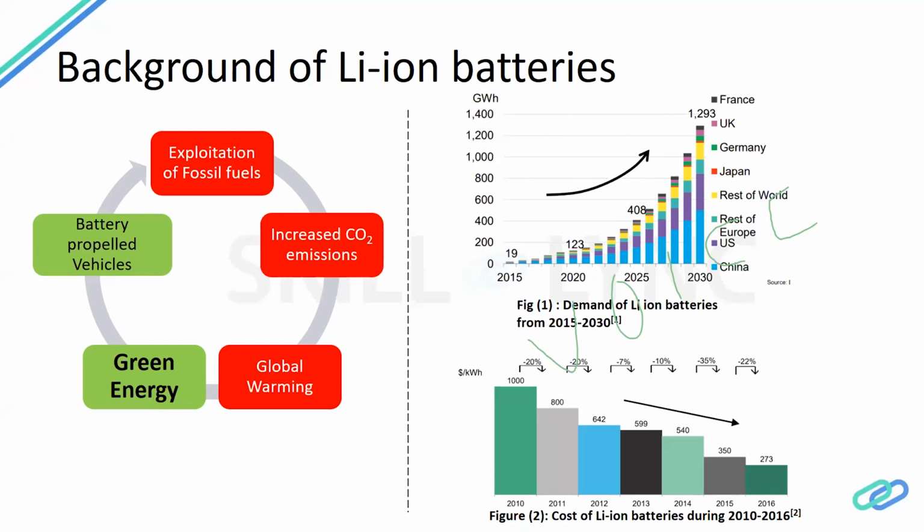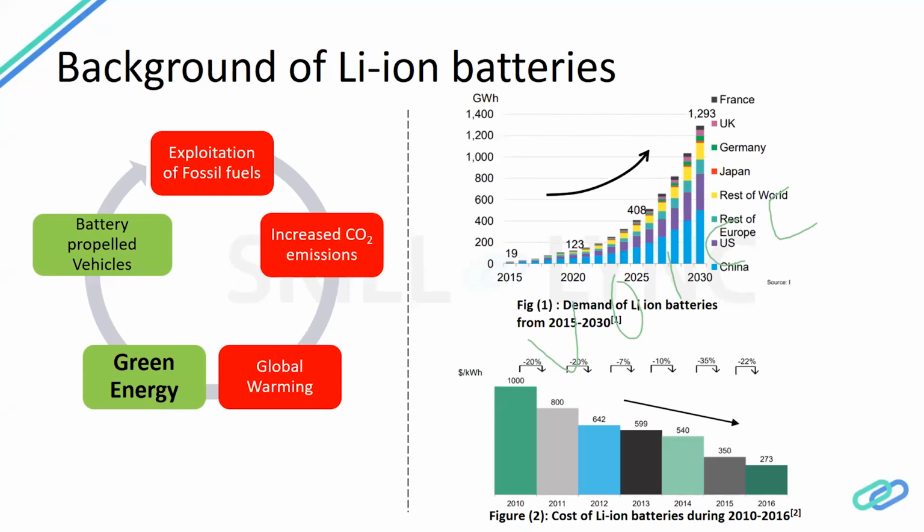It has its own problems, but Tesla was the one which actually came up with a very aerodynamic design, which was very good looking, and it was one of the best cars you can take. Now, I think everybody took last year's part, where if the demand is increasing, then the cost has to go down. So the cost went down from 2010 to 2016, from around 20% to 35%, from 2014 to 2015. That is because there are many people buying the car. There is a lot of research going on in lithium ion batteries, and they all know there is a future prospect for lithium ion batteries.